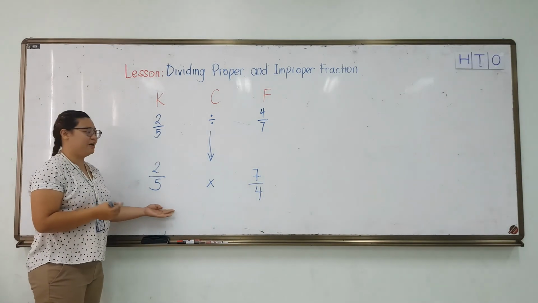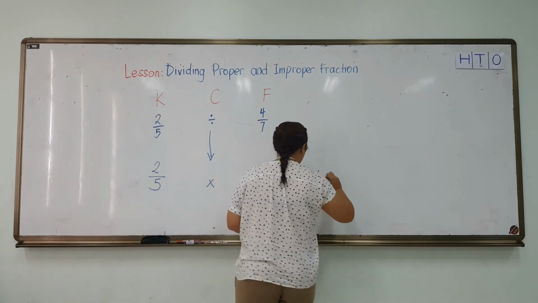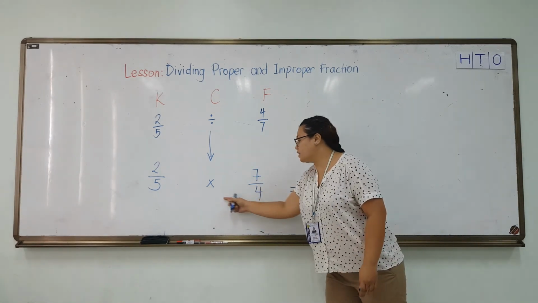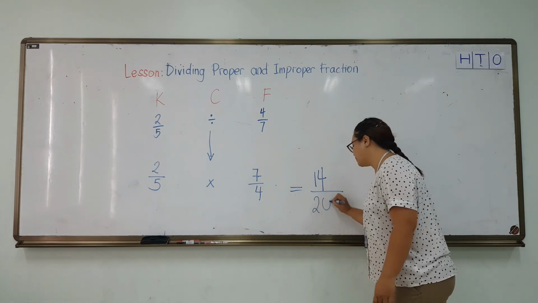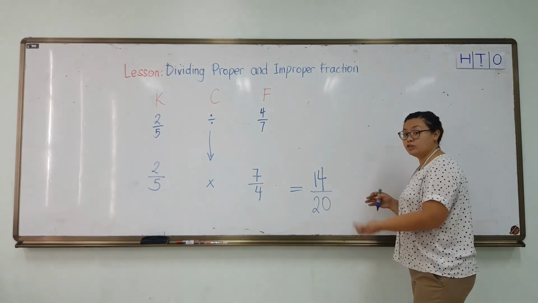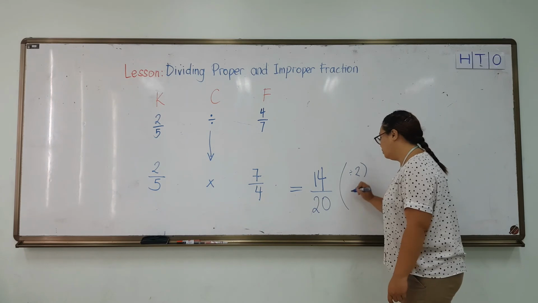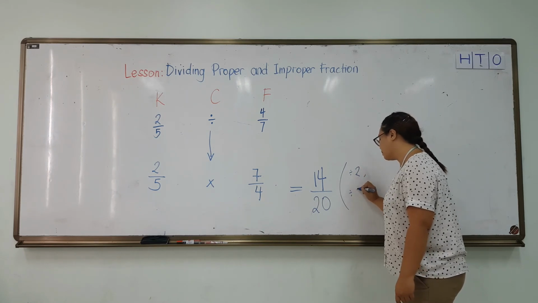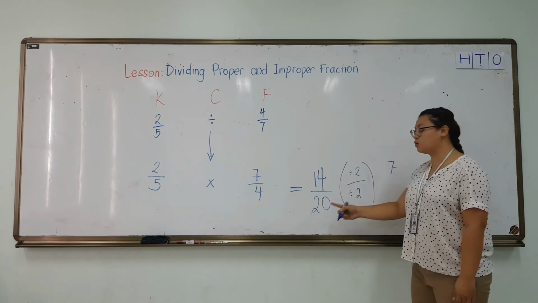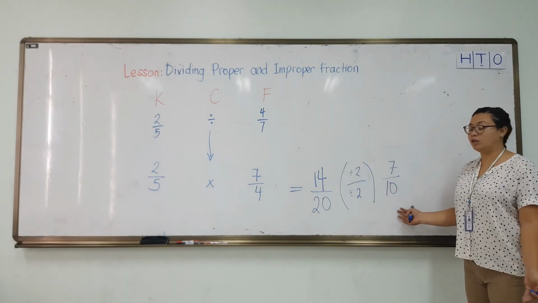So let's multiply. 2 times 7 equals 14. 5 times 4 is 20. This is a proper fraction, but we can put it into lowest term. So both of them can be divided by 2. 14 divided by 2 is 7. 20 divided by 2 is 10. We cannot make it any smaller, so this will be